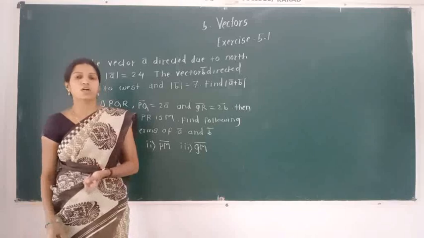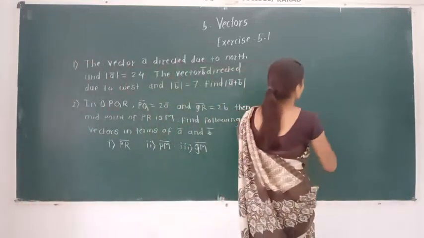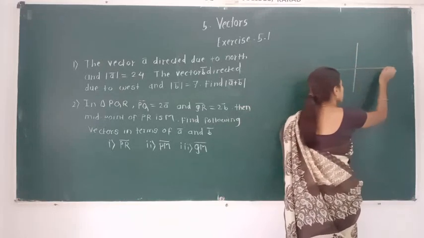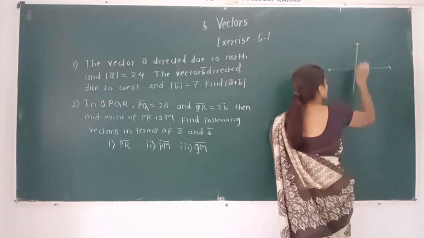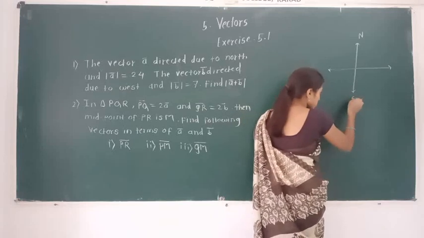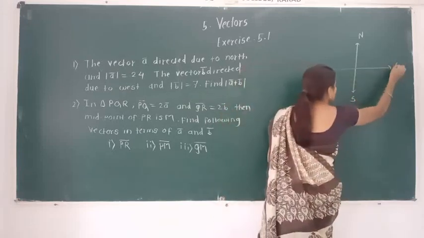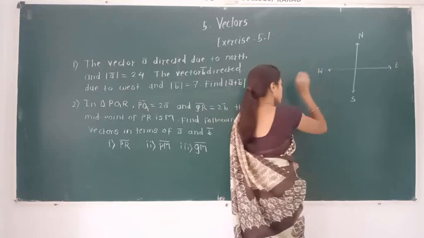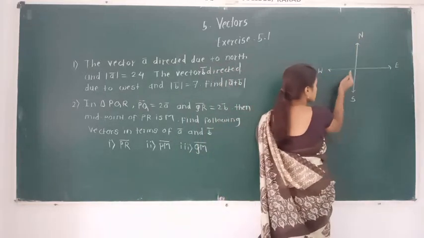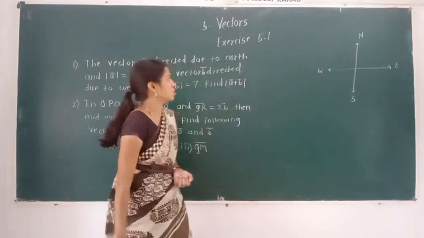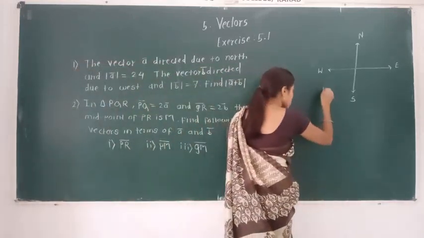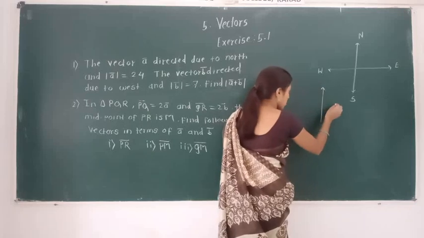So in this question we are given two vectors. Suppose their directions are north and west. So we know that in this system here is the north, south direction, east and west, and these two vectors have direction of A bar north and direction of B bar west, but the magnitude of A bar is given as 24 units. So first we consider the vector A bar.